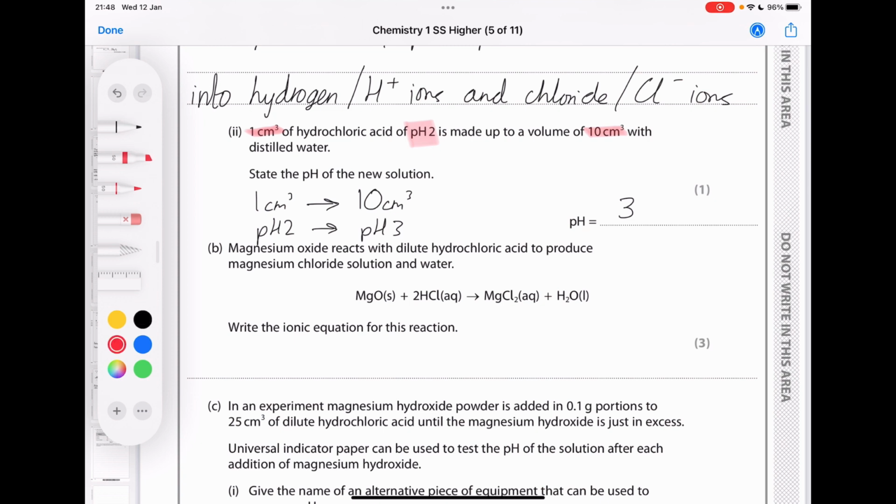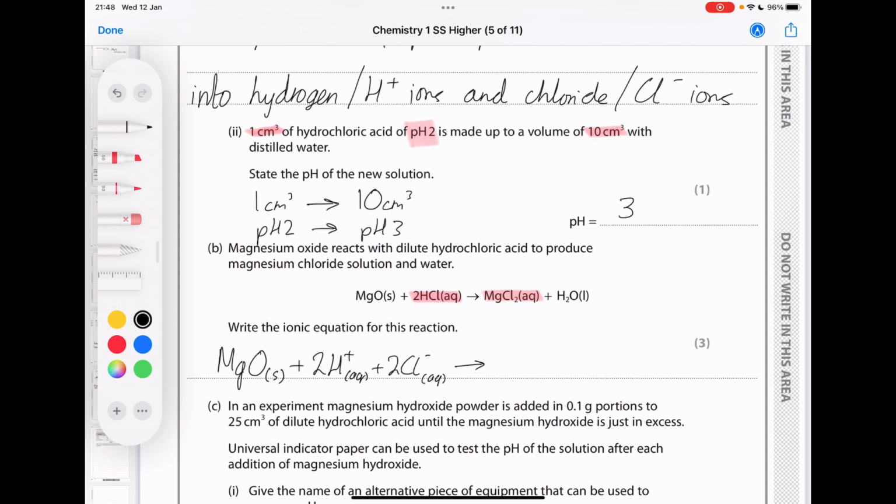So in this case, the hydrochloric acid is dissolved in water, so this will split up. The magnesium chloride is dissolved in water, so this will split up. But the magnesium oxide is a solid, so doesn't split up. And the water is a covalent liquid and does not split up. So the ions involved here are the magnesium oxide remaining as a solid and 2 lots of H plus and 2 lots of Cl minus